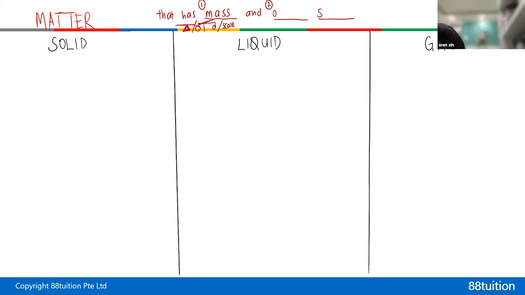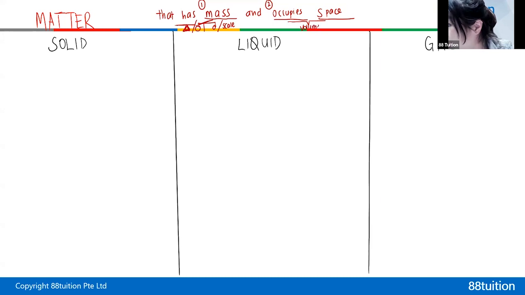Okay, what is the next one? What else must matter have? Occupy space. Very good. So when something occupies space, I'm actually talking about its volume. Correct, Wansing? Yes. So last week I taught the class to measure the volume of an object that doesn't have a definite shape. For example, if I want to measure the volume of a nail,